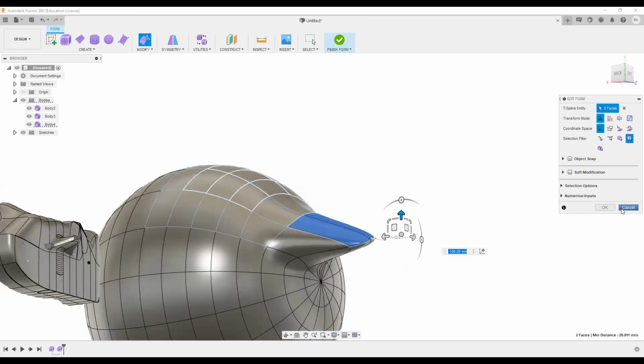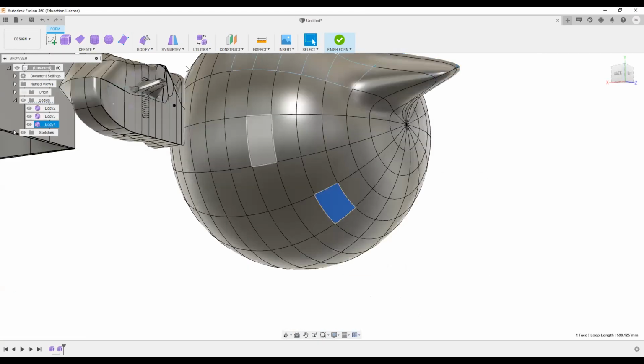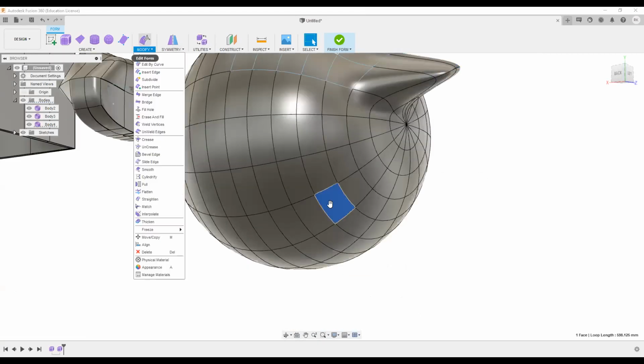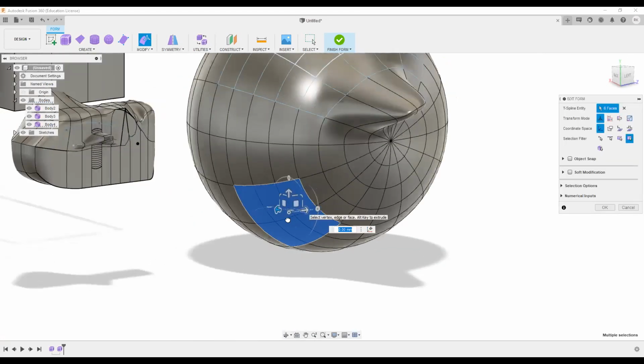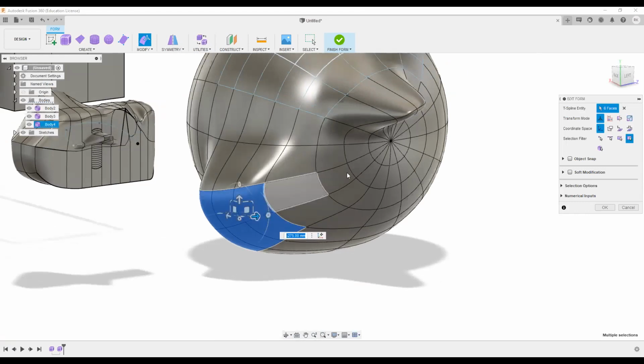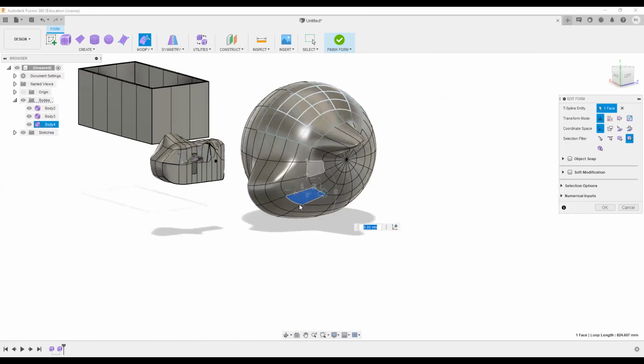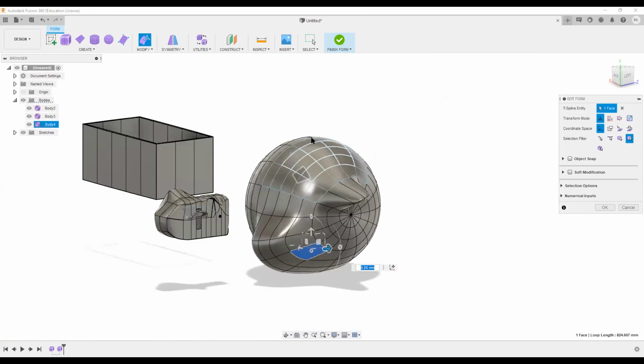But let's say I choose this particular option, I'll choose these surfaces. You can see these faces have also been changed. I selected this, but these have also been changed. But this did not happen with the freeze faces, which I have frozen before, right?